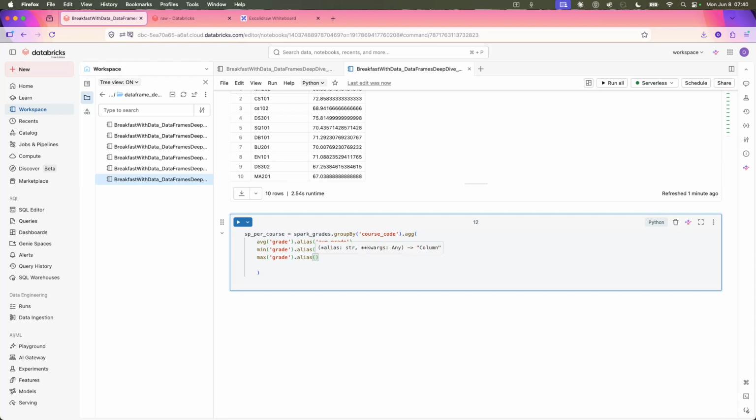I think this is more readable than the pandas approach. Max grade,